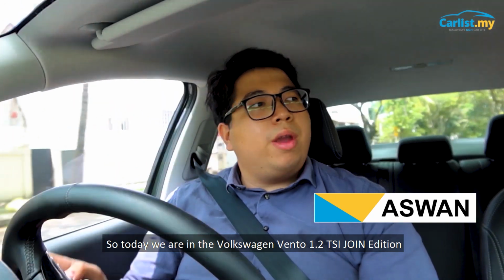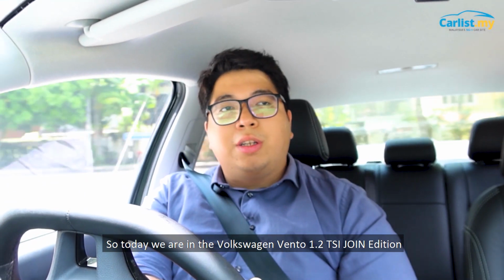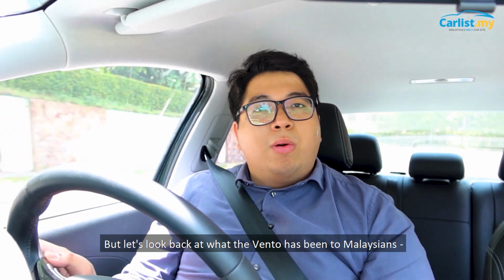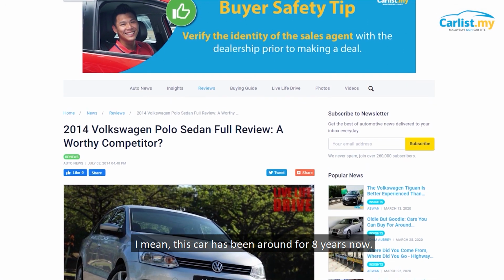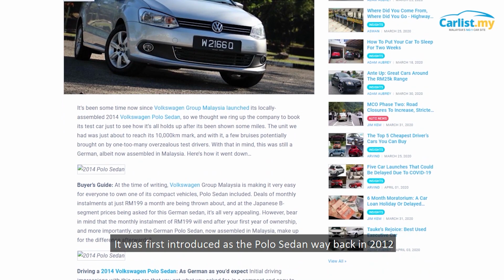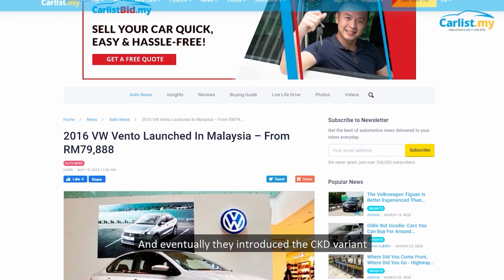in the Volkswagen Vento 1.2 TSI Joint Edition. That's a pretty long name, but let's look back at what the Vento has been to Malaysians. I mean, this car has been around for around 8 years now. It was first introduced as the Polo sedan way back in 2012, and eventually they introduced the CKD variant, which